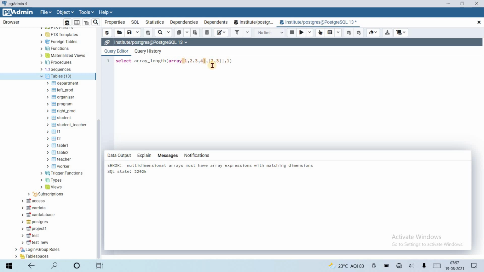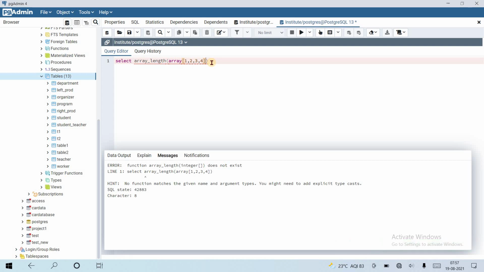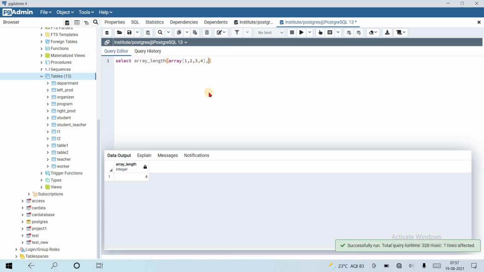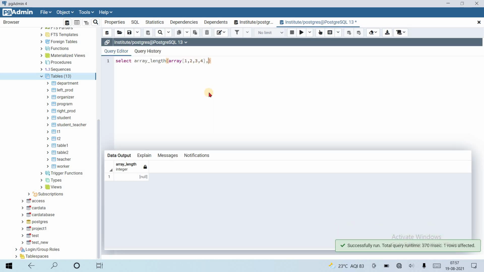The previous function checks the dimension of an array, and this function is strictly for one dimensional arrays. What if I delete the 1 from here? Then it gives an error that the function has a second parameter, so this will show an error that this function does not exist. What if I use 2 here? Now it will return null. What if I use 3 here? It will return null too, because the function's return type is integer, so we must provide a 1. Then it will return a value. That's it.